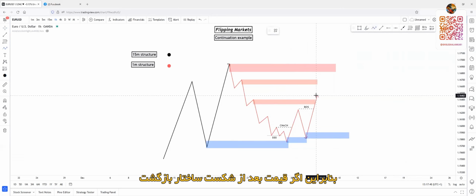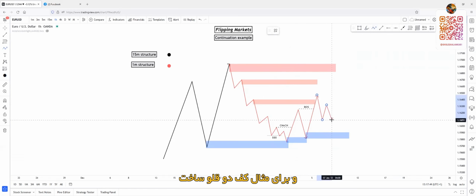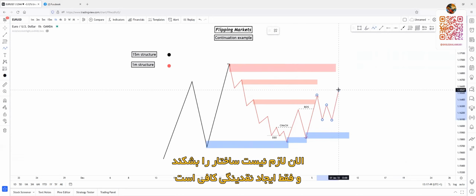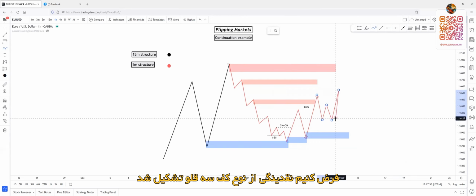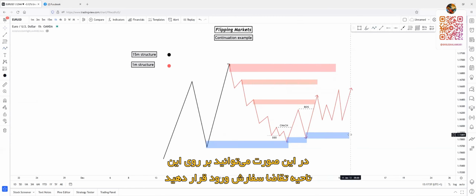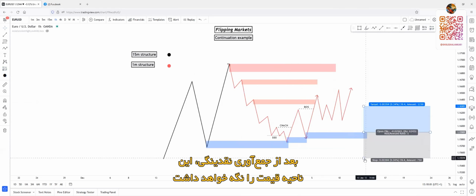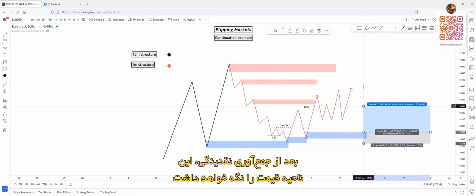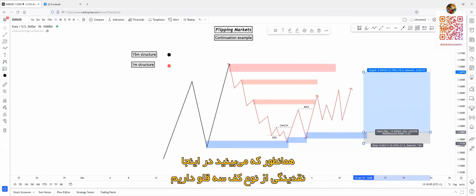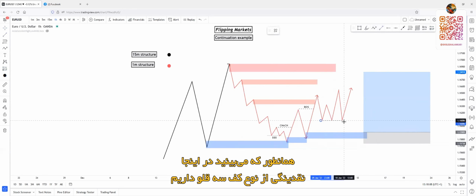So if price comes back down after the break of structure and, for example, creates this type of liquidity, double bottoms, and after it breaks structure, it doesn't have to break structure, it doesn't really matter, it just has to create liquidity. So let's say it created liquidity, triple bottoms. After this, you can easily set a limit order on this demand zone, because this is a really strong confirmation that the zone will hold the price after the liquidity sweep. So as you can see, we have this liquidity right here, triple bottoms,